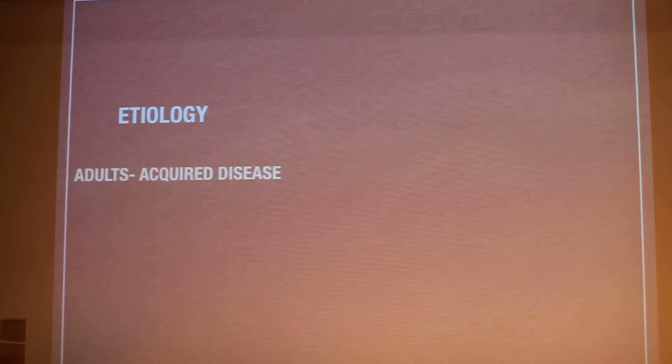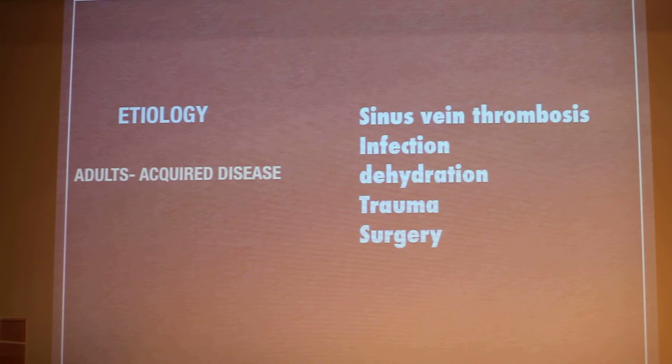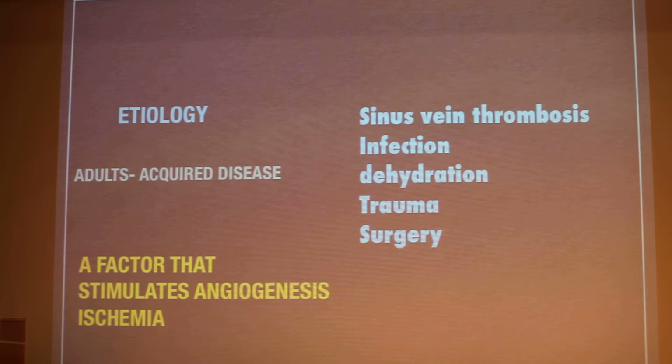In comparison to what we said about brain AVM, which is a congenital malformation, we think today that most of the cases, if not all of them, are an acquired disease. A lot of the patients, if you really inquire, have a history of sinus vein thrombosis, infection, meningeal infection, or brain infection, dehydration, head trauma, or surgery. We think the main factor in the pathogenesis is some kind of ischemia that affects the dural sinuses, and because of angiogenesis, they create more vessels coming into the dura, into the wall of the sinus, and this way